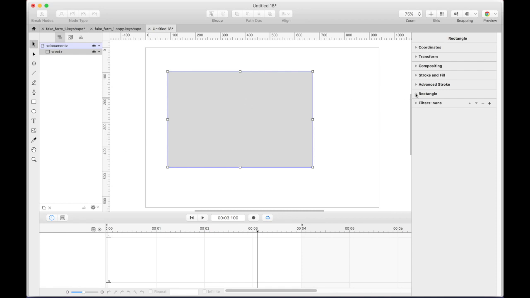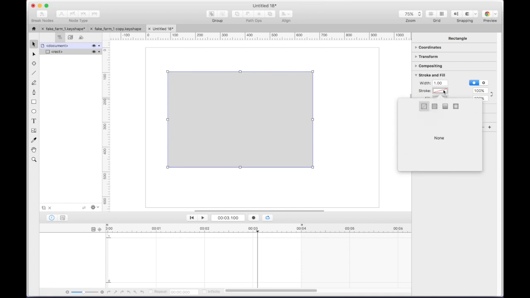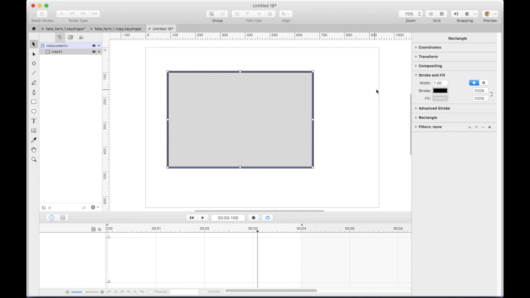The way you do that is, let's look at the stroke and the fill. What we want to begin with is the stroke. Let's start with a black stroke, and we'll give it a 7. Now with the stroke, there's this place right here called advanced stroke, and you'll want to have these two. Now again, let's get rid of the fill. So we're going to get no fill on this.